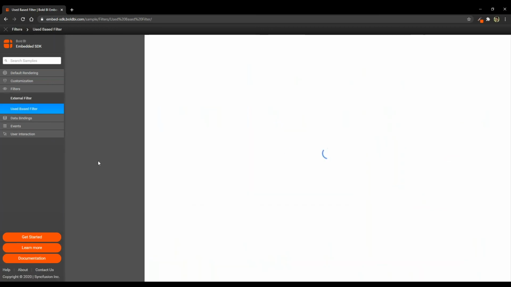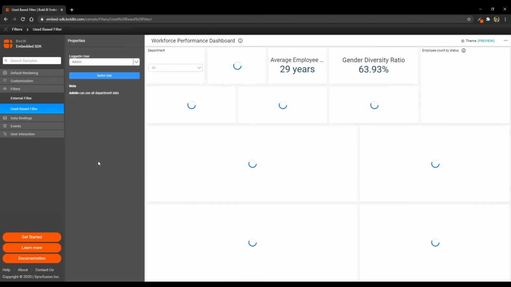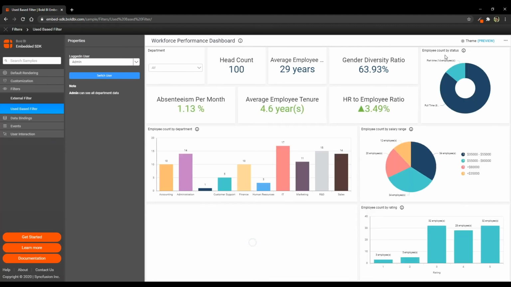And coming to the user-based filter, the same option, the same functionality, but it is going to be a different scenario. Again, you have a dashboard created for the whole company, where all departments' details are there, and you need to set up a control level at the dashboard level, such that admin, let's consider that admin is nothing but the general manager, should be able to visualize all the departments' KPIs.